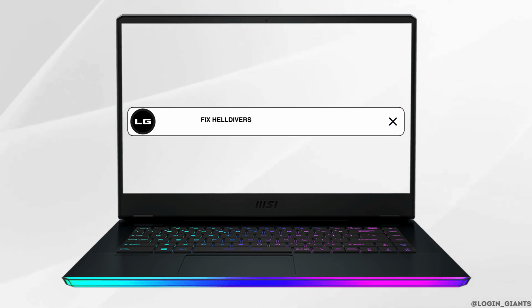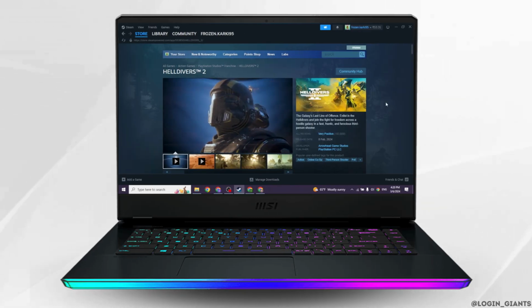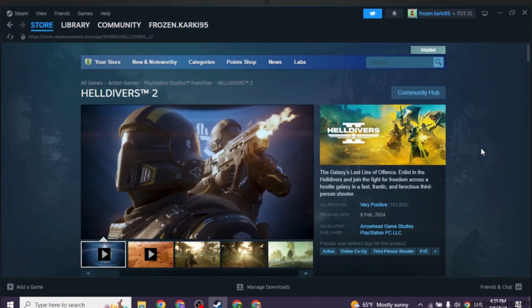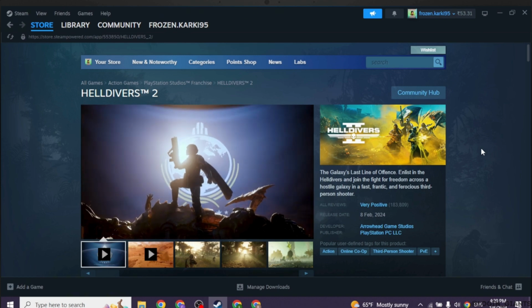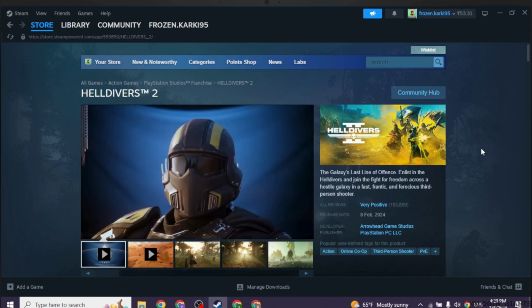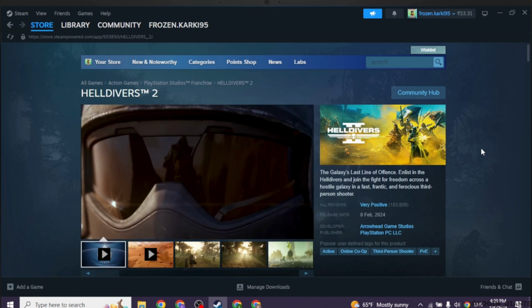How to fix Helldivers 2 black screen problem. Let's get started. Encountering a black screen issue in Helldivers 2? Don't worry, we have got you covered. In this video, we will walk you through simple steps to fix the problem and get back to enjoying your